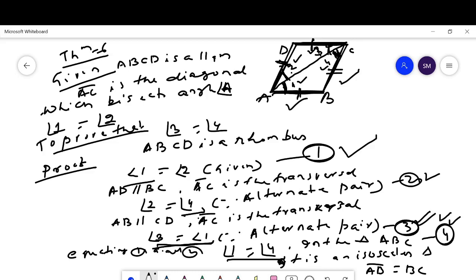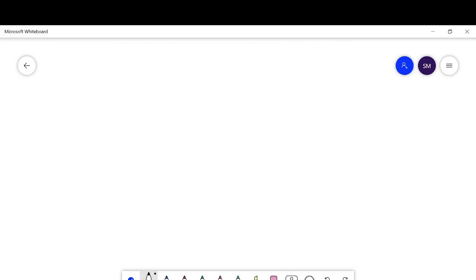This means the diagonal AC also bisects the angle C, and we also come to the conclusion that AB is equal to BC is equal to CD is equal to AD. ABCD is a parallelogram in which all the four sides are equal. This means ABCD is a rhombus. Okay. Then theorem 7 says,